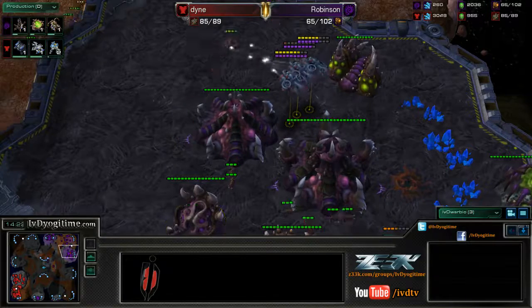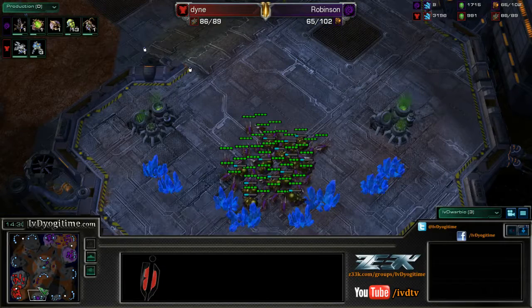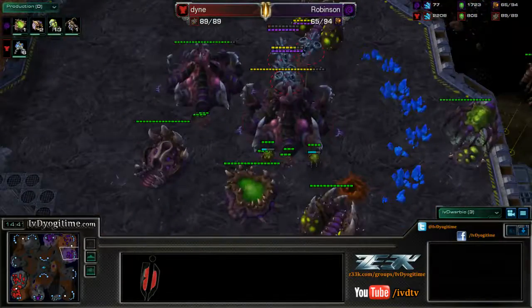Dyne's floating a huge amount of money, but he knows he can't get out onto that third right now because of where those lings are. And I'm really surprised that these lings are just sitting there. Okay, there they are. They're finally morphing up, 13 banelings. We've got a Marine that's continually working on supply blocking. At the same time,